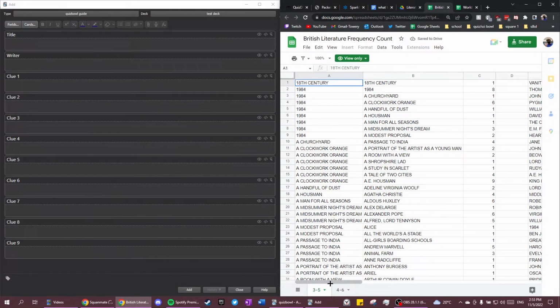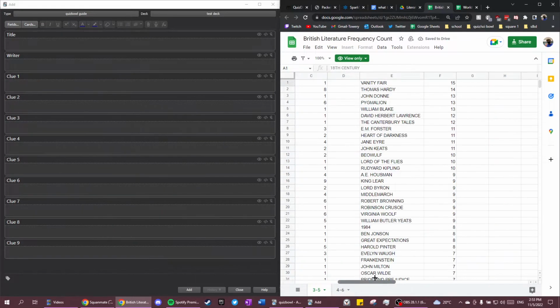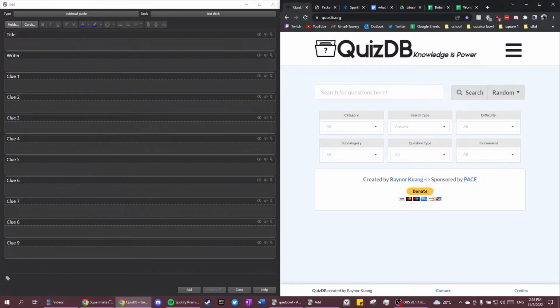You're going to notice that not all of these are works, obviously, like Vanity Fair, but Thomas Hardy, you don't want to make a Thomas Hardy card. You want to go into QuizDB and find out what Thomas Hardy has written a lot of, right? So if we look up Thomas Hardy in QuizDB,